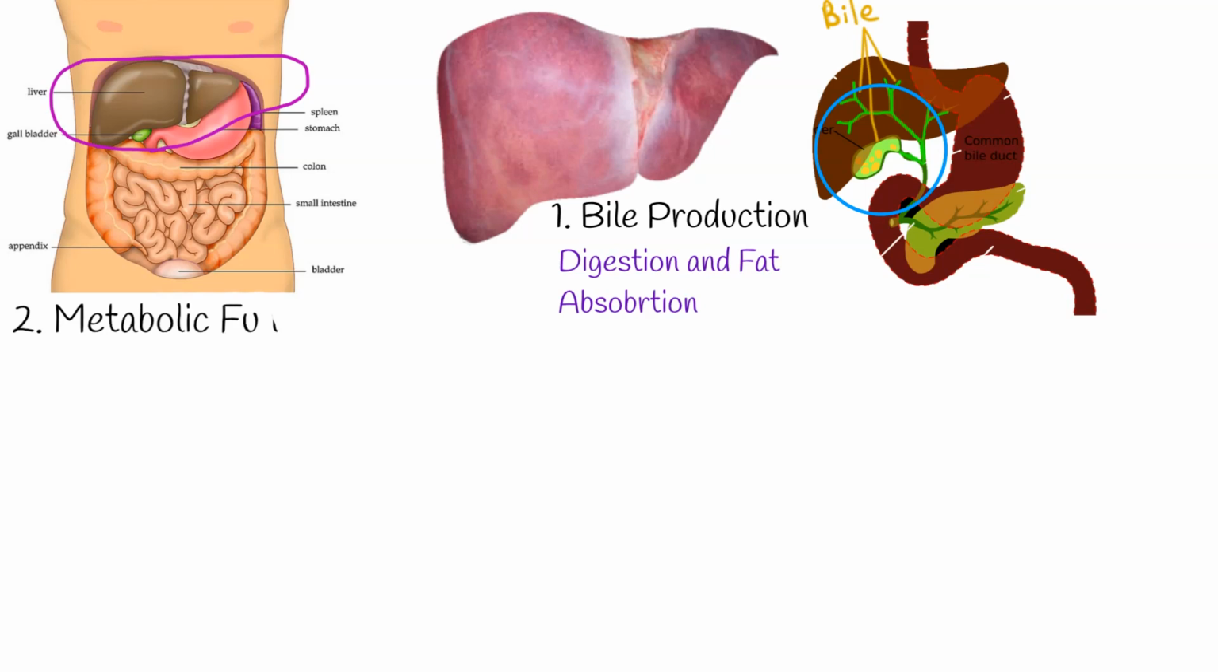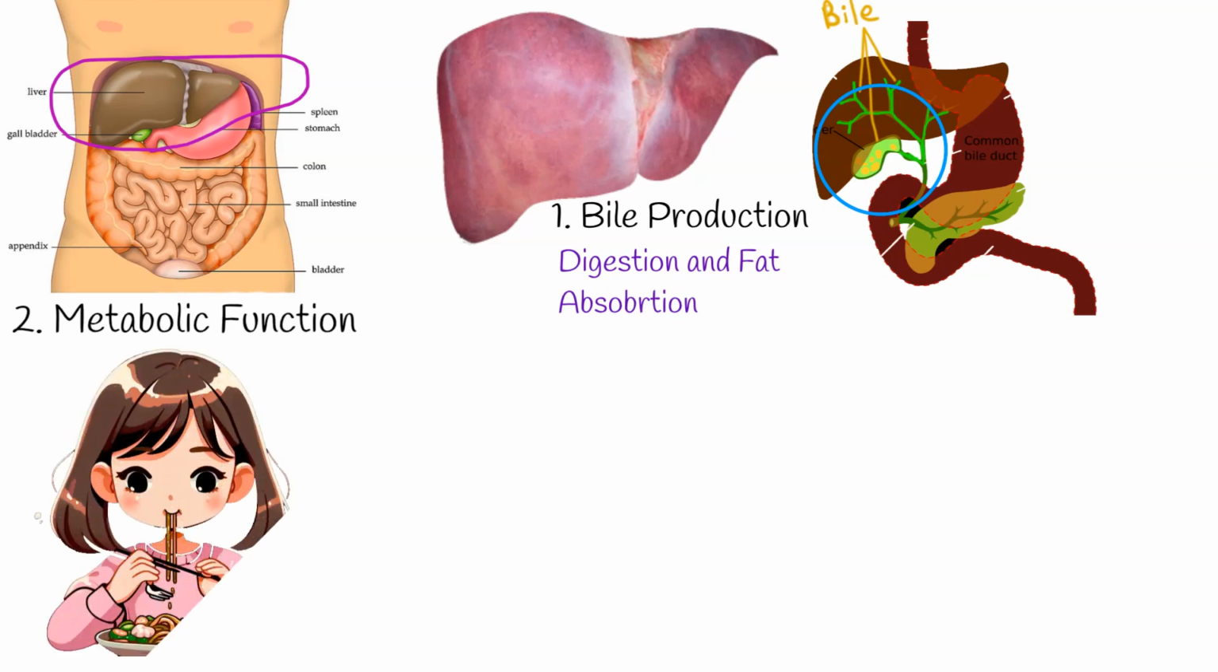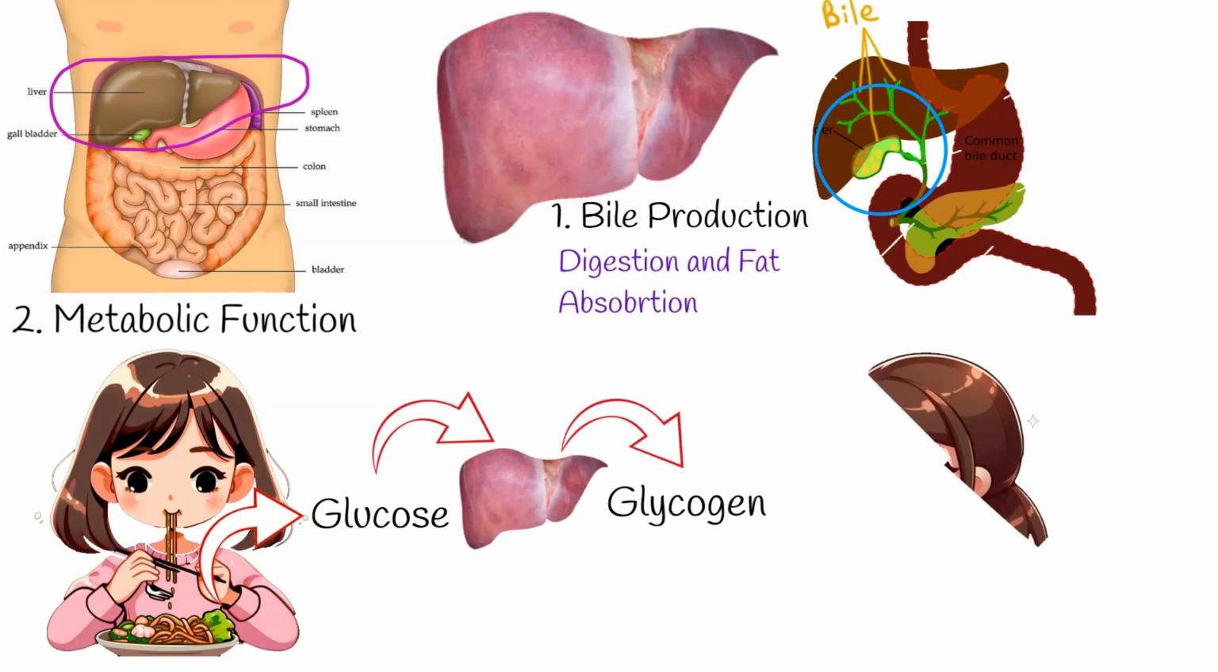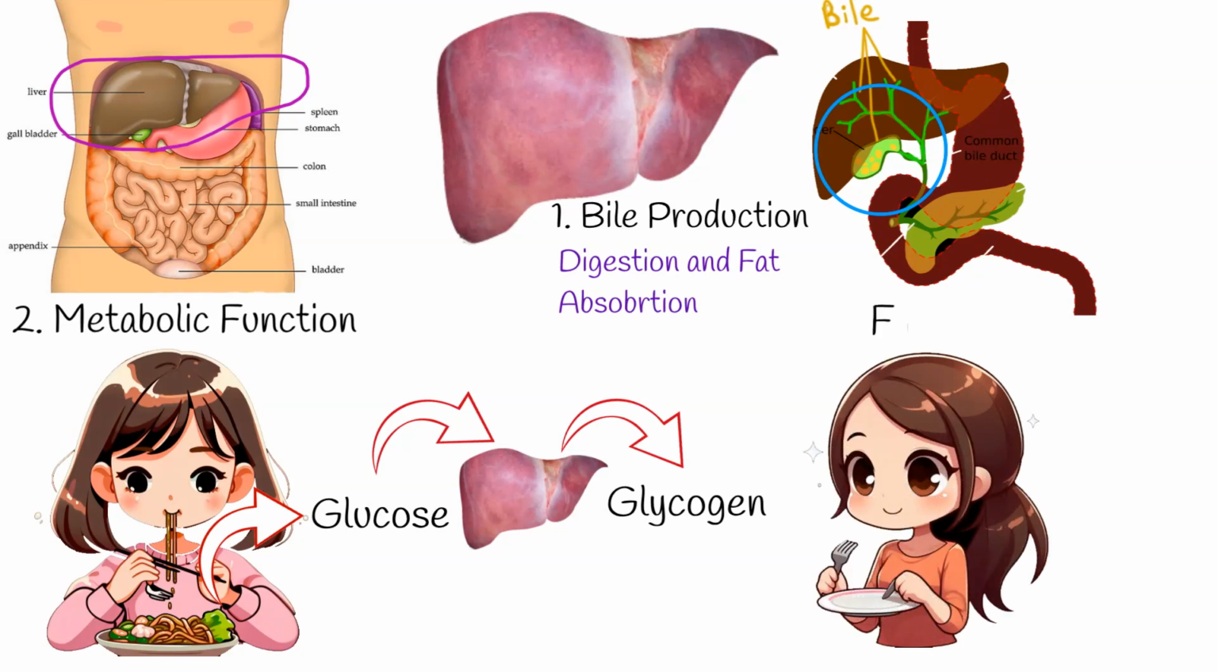Second, the liver has a metabolic function. For example, after eating, our blood glucose goes up. This is where the liver comes in. It converts this extra glucose into a storage form called glycogen. It's like the liver's way of balancing out our sugar levels and saving some for later. Conversely, when we haven't eaten for a while, the liver converts stored glycogen into glucose, so our bodies can